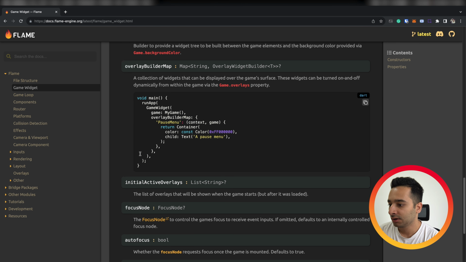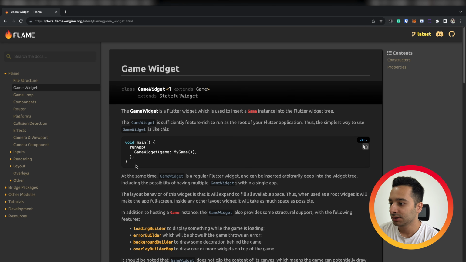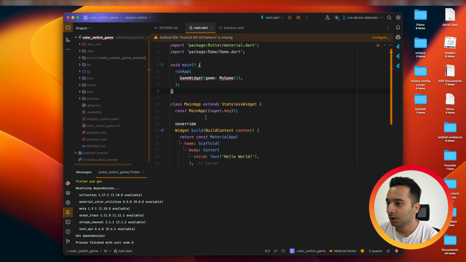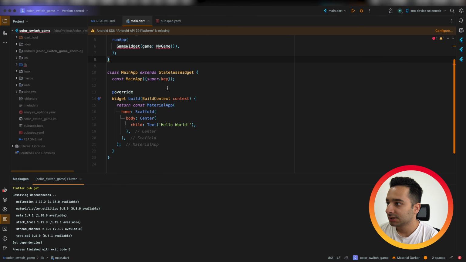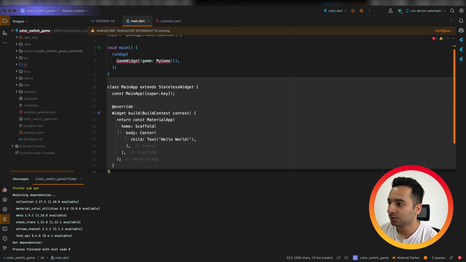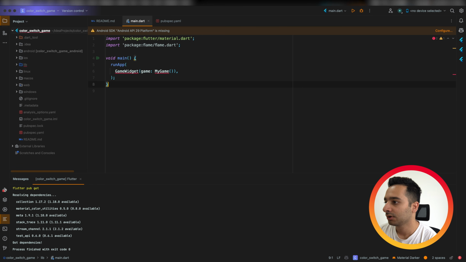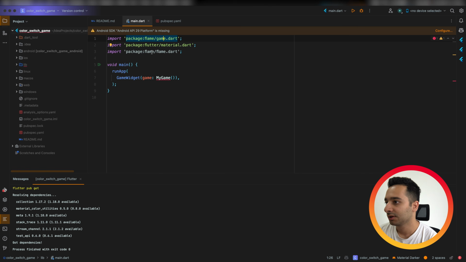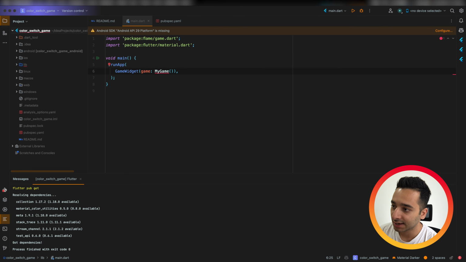So I will copy paste this code. Let me full screen the page, and we don't need to have a material app anymore. I will remove it because our game widget is the root and it accepts an instance of our game.